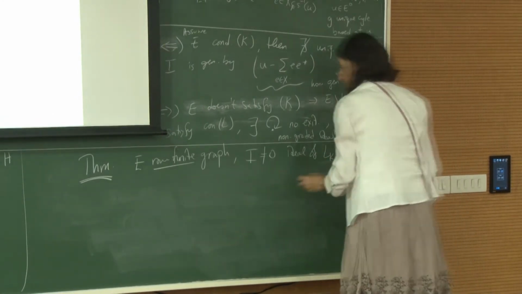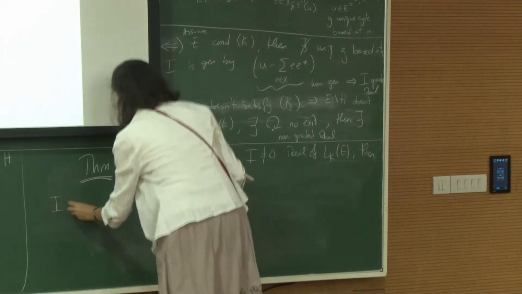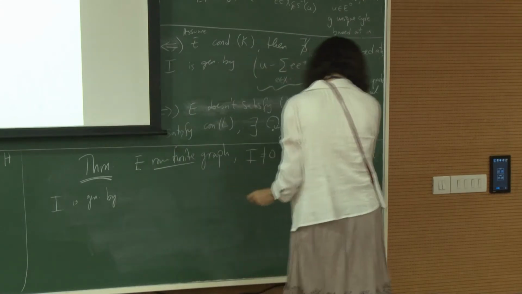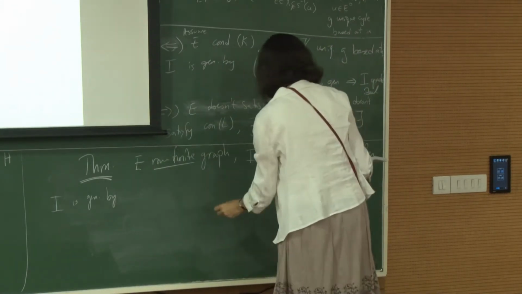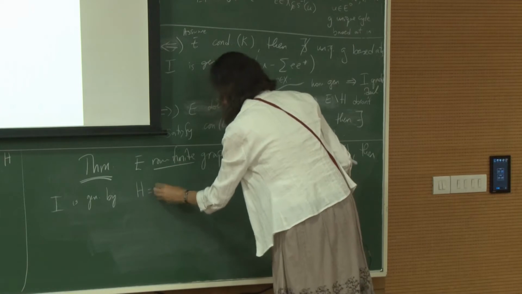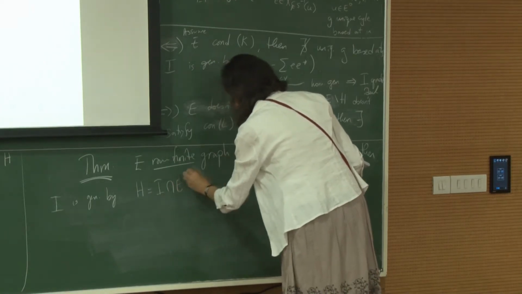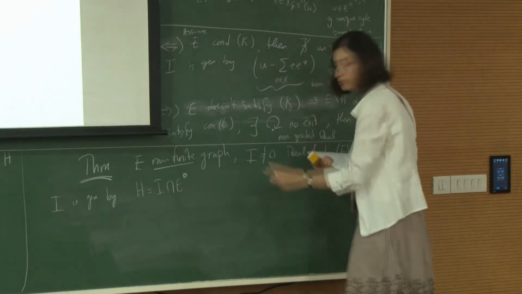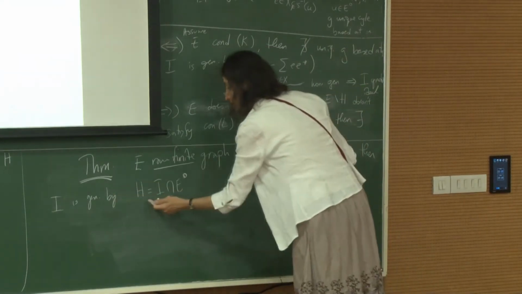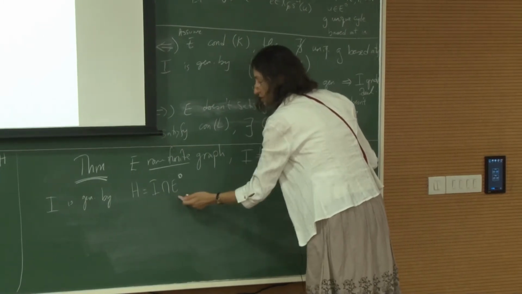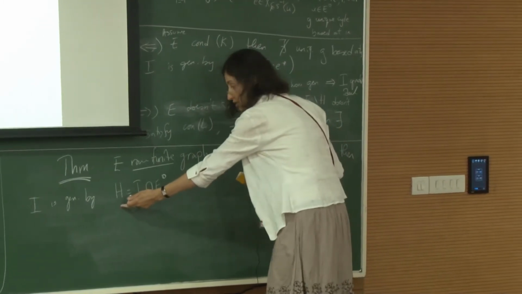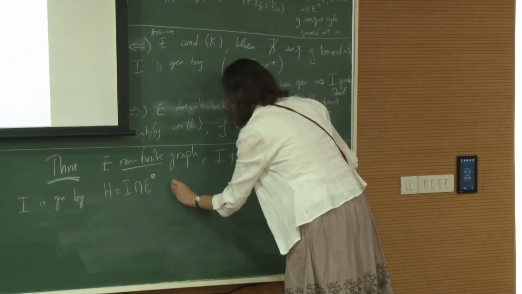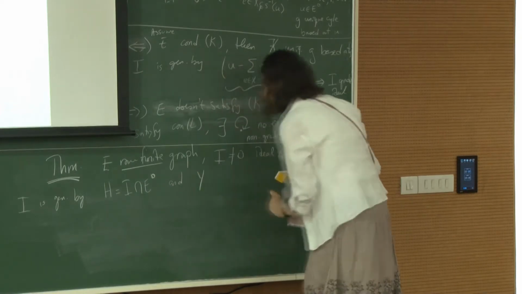Then I is generated by the hereditary saturated set that we have defined, because every ideal, recall, when you intersect it with E^0, is going to be a hereditary and saturated subset of E^0. It's generated by this and the Y part,